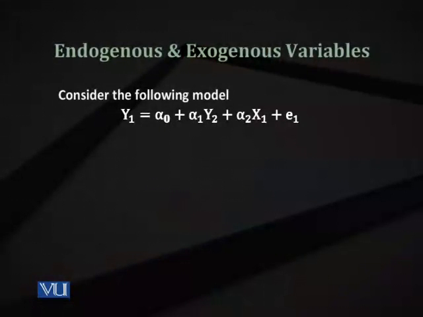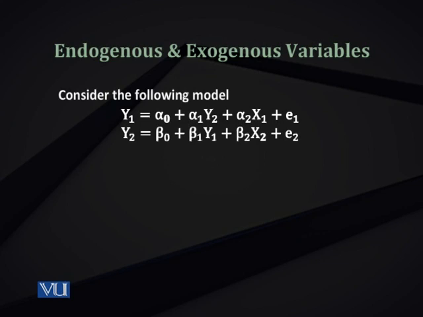Let's look into the model that you are seeing on the screen. Y1 is alpha naught plus alpha 1 Y2 plus alpha 2 X1, and Y2 is beta naught plus beta 1 Y1 plus beta 2 X2. You have two equations. See that Y1 and Y2 are causing each other. And you have another variable X1, and another variable X2 in the second equation. As you see that Y1 has Y2 as an explanatory variable and Y2, in the second equation, has Y1 as the explanatory variable, there is simultaneity. This is a simultaneous model. You cannot estimate the parameters of equation 1 independently and the parameters of equation 2 independently without considering equation 1.